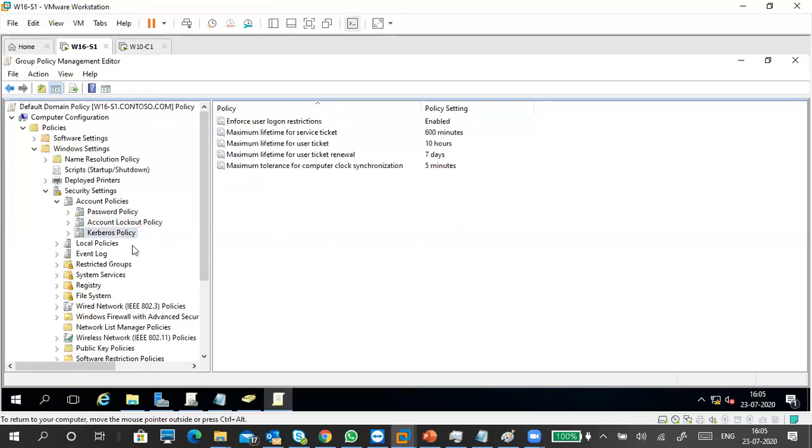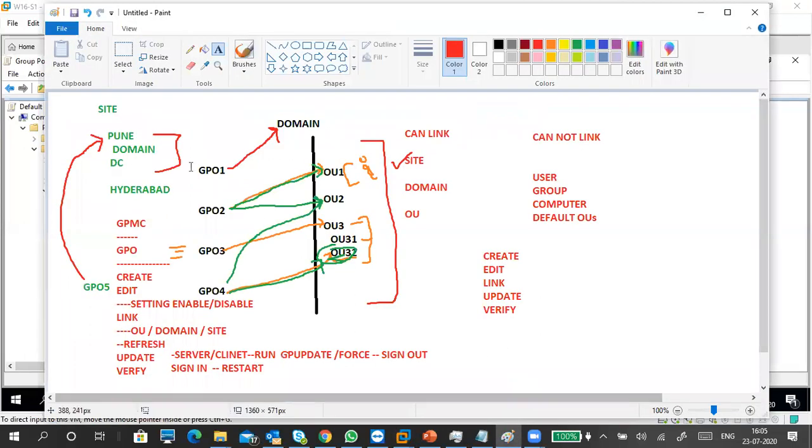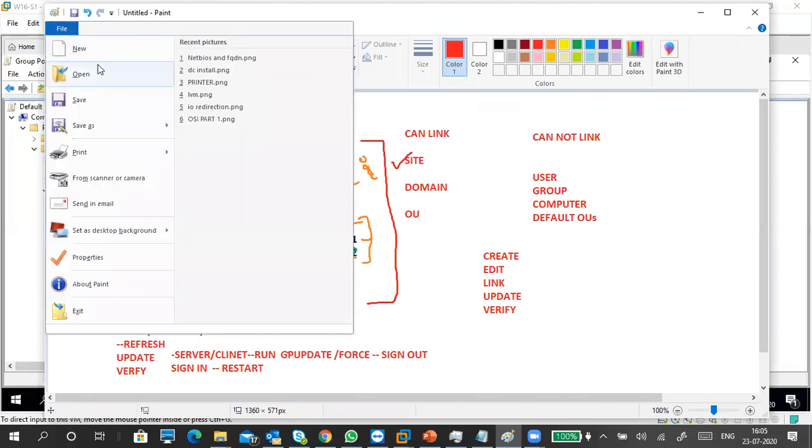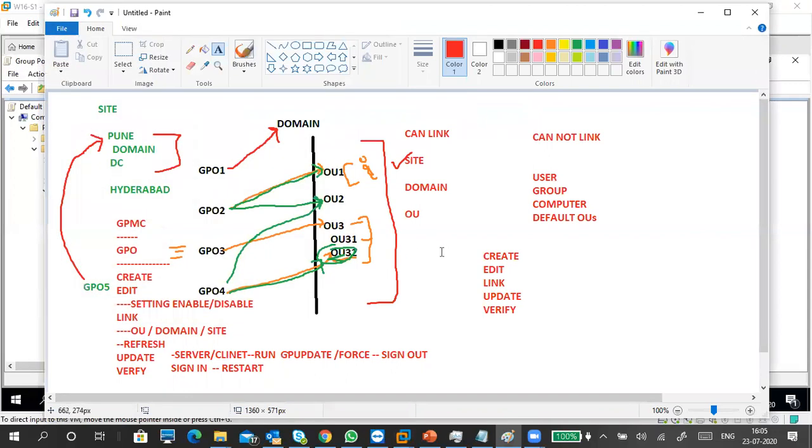This is Kerberos policy. I'm telling it now, but I will explain it separately. So you should remember what I'm showing. What is Kerberos policy? Very simple thing. I'm removing this one because I thought you had already written it.